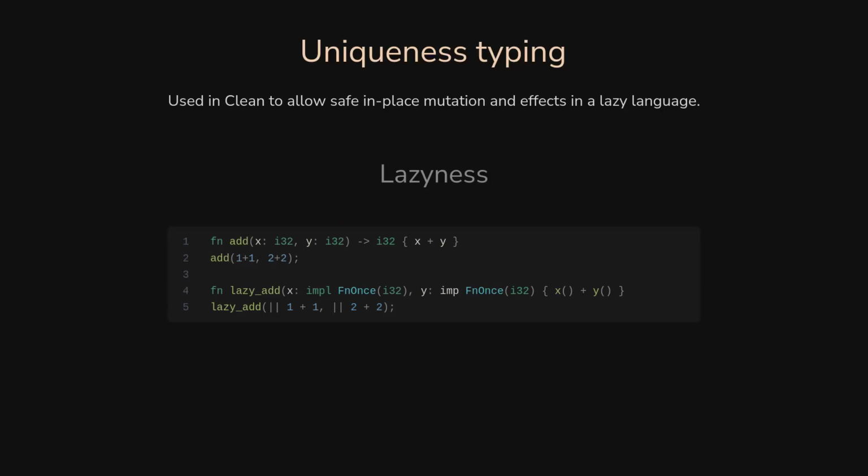Uniqueness typing is a similar idea, but a bit different, as we will see. I don't remember who introduced it exactly. It's not the Clean language, but it's a bunch of papers, but it is known to be used in Clean. So Clean is not very important, but it's a language that is lazy, like Haskell, for those who know that. It means that your arguments are not evaluated right away, but only when they are needed. And the thing is that with those languages, it's really hard to manage what we call effects, like printing, writing to a file, because there's no order.